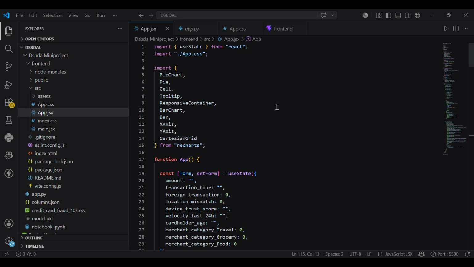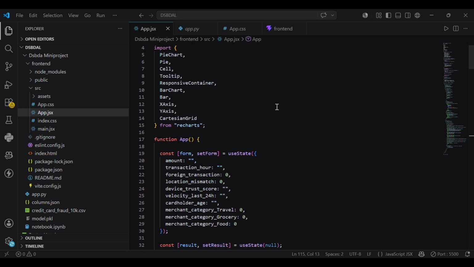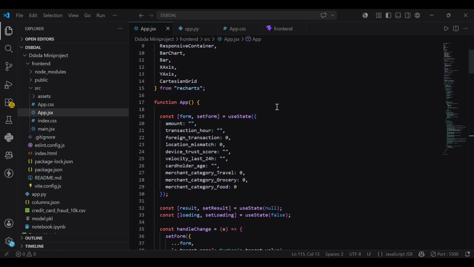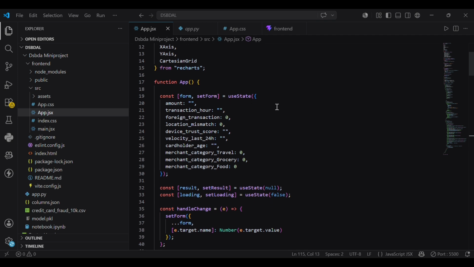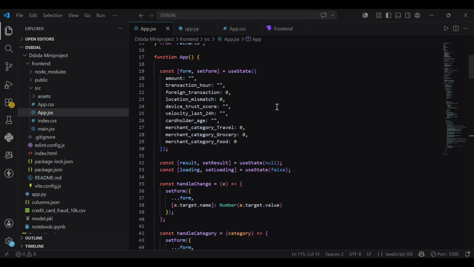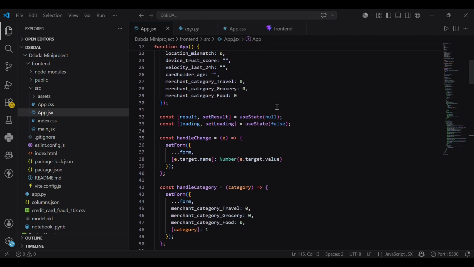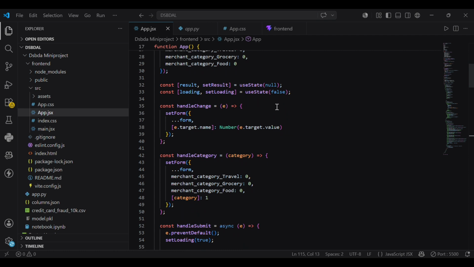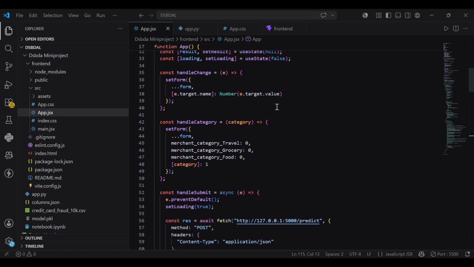So this is the App.jsx file. This file contains the React frontend implementation of the fraud detection dashboard. We have used React useState hooks to manage form data, prediction results and loading states dynamically. This function updates form values whenever the user enters transaction details. When the user clicks the check fraud button, the frontend sends transaction data to the Flask backend API using the